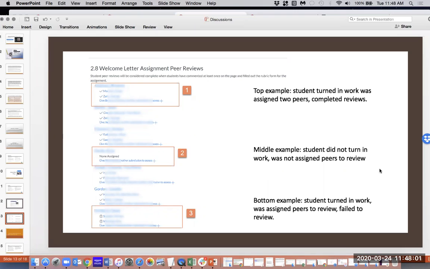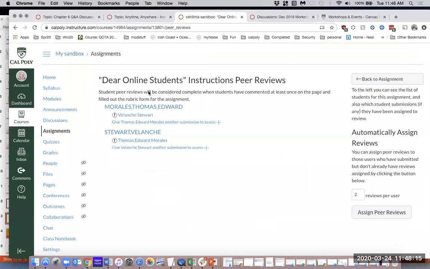Okay, and in the bottom example, I have a student who turned in their work. They were assigned peer reviews, but they failed to review them, and you can tell because I have those little exclamation points there. And when I go to see the actual review that they left,